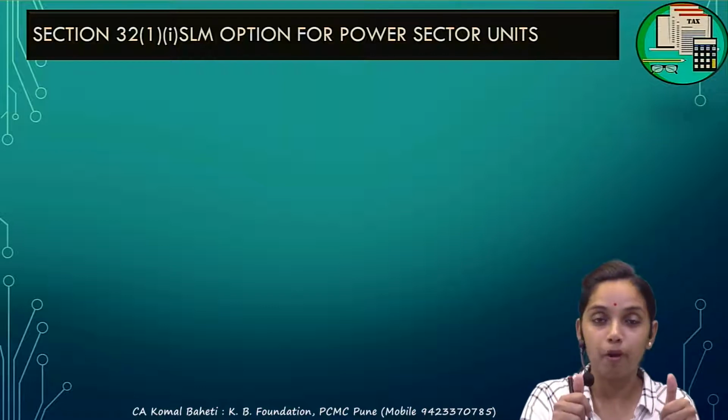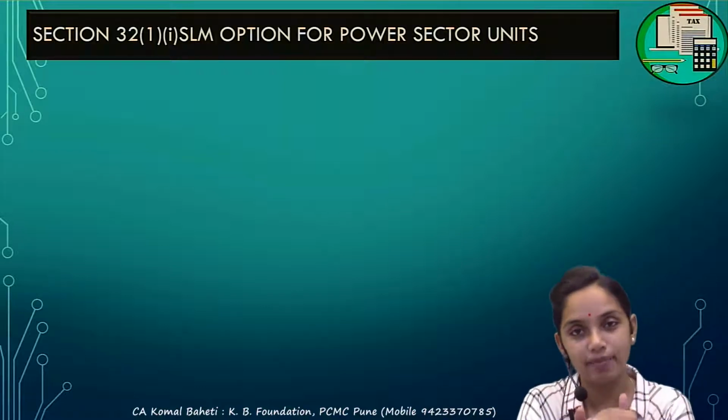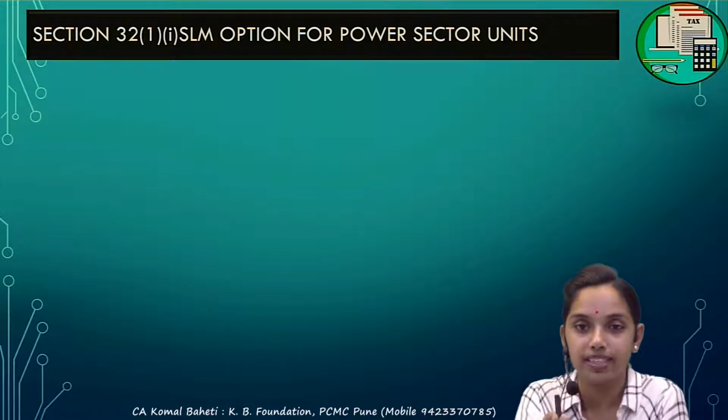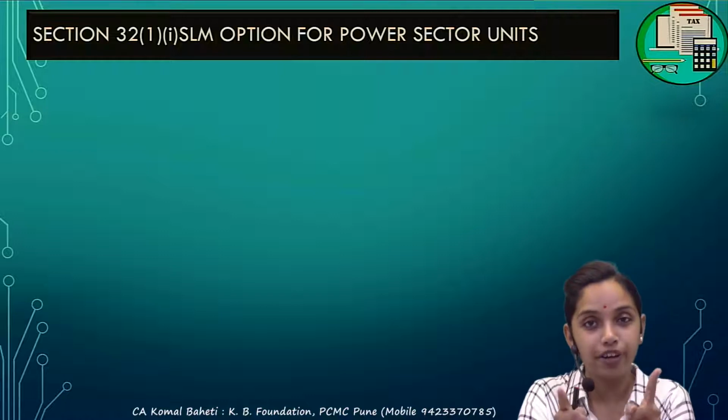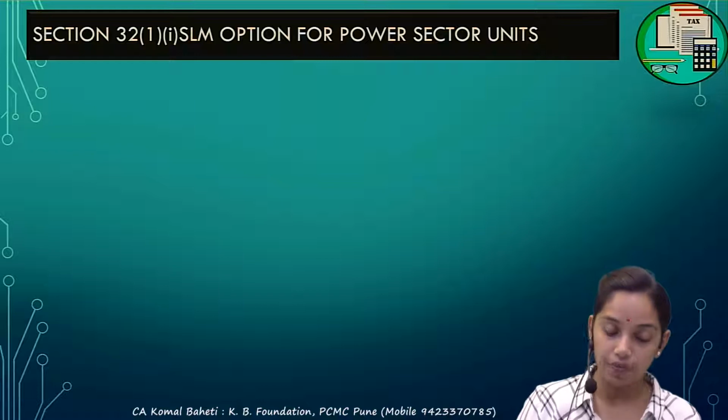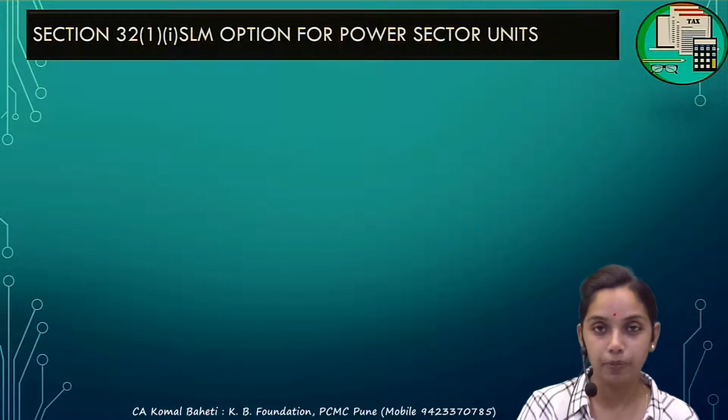They have to choose among them. And once they're chosen with the SLM, they will have to continue with the SLM. Every year they cannot switch from the WDV to SLM, SLM to WDV. Have to continue with that only. Okay, so SLM basis of depreciation allowed for them, how the tax treatment would be there at the time of